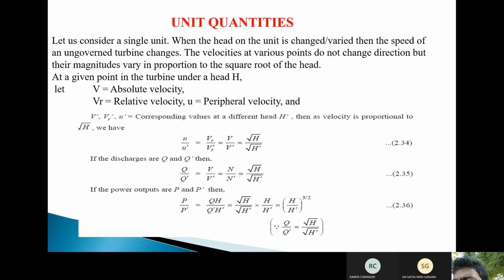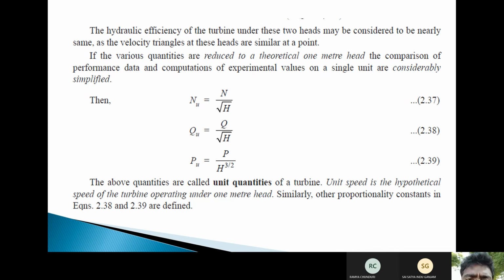These are the same: total power divided by unit quantity of power, total discharge per unit quantity of discharge, total velocity per unit quantity of velocity. Next, the hydraulic efficiency of a turbine under these two heads may be considered. The velocity triangles for these heads are similar. If the various quantities are reduced to a theoretical one meter head, comparison of performance data